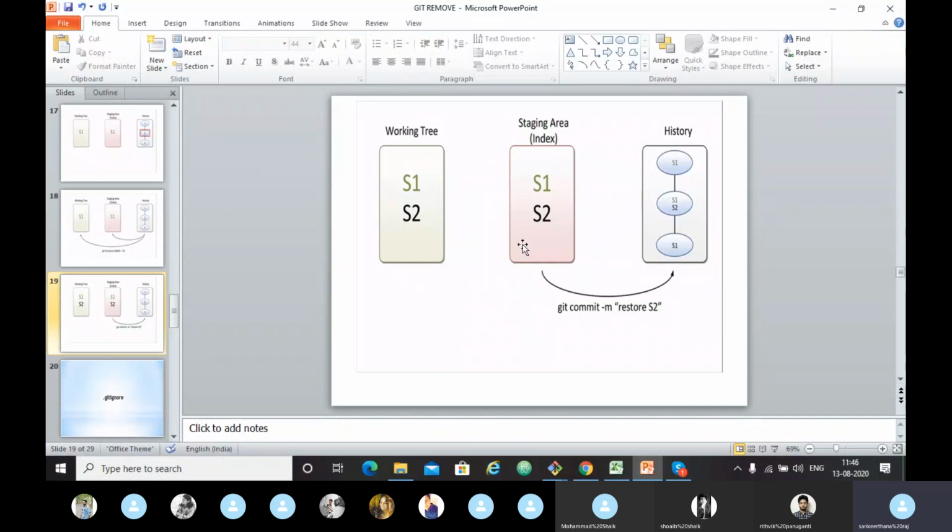So we just have to commit from the staging area to the history, using git commit dash m restore s2. So we have retrieved it. Finally, we committed the restore of s2 with the standard git commit command.